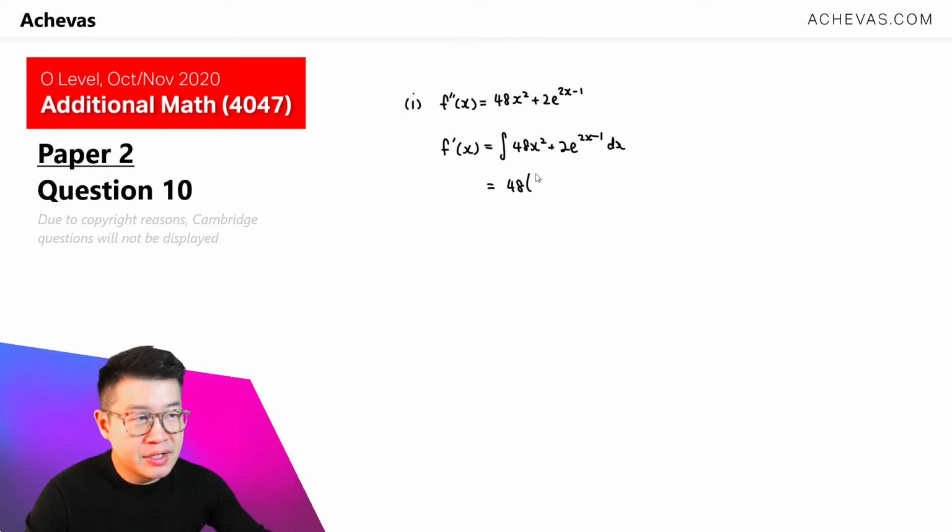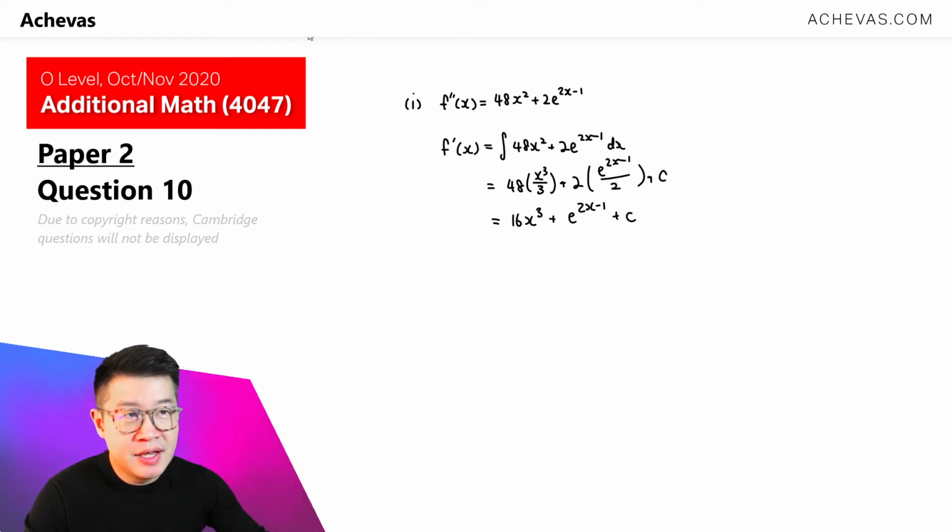This will be 48, then x to the power of 3 divided by 3, plus 2, then this will be e to the power of 2x minus 1 divided by 2. And let's not forget plus c. So this is equal to 16x to the power of 3 plus e to the power of 2x minus 1 plus c. We need to solve for c, and according to what the question says, at the point when the